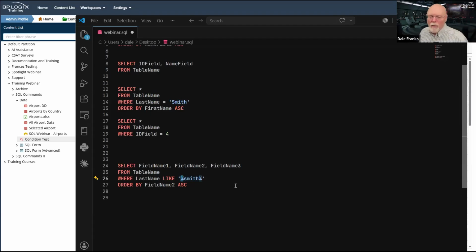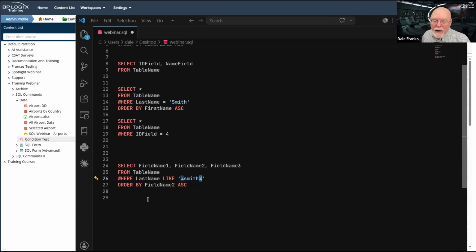What the percent signs do is that they stand for any number of characters. In this case, I've placed one before the word Smith, so this will look for any number of characters before the text Smith, and any number of characters after Smith.